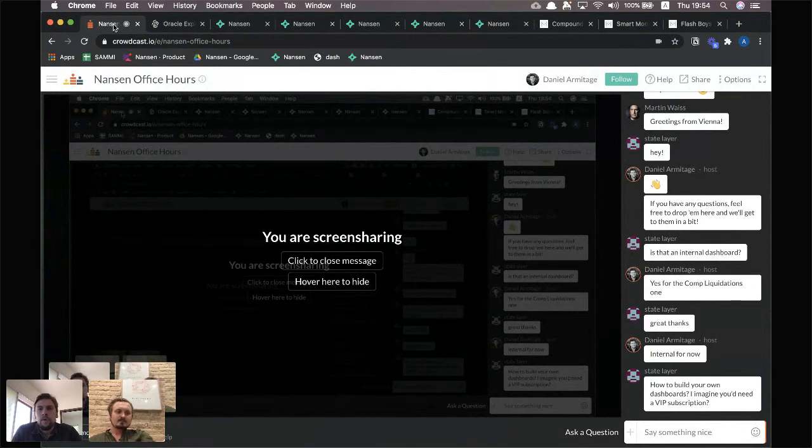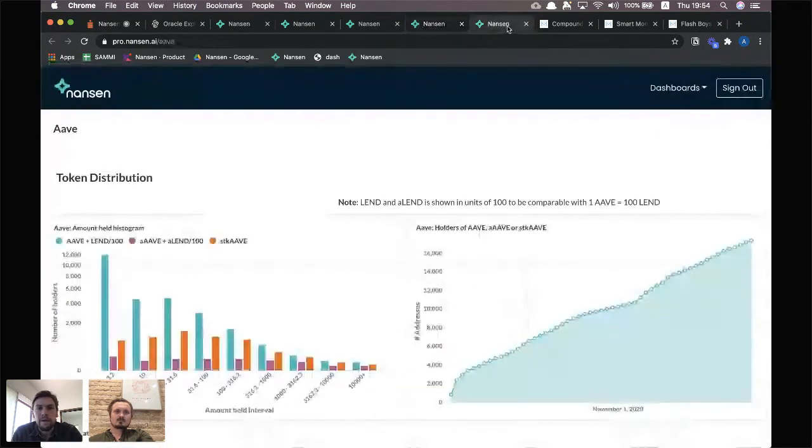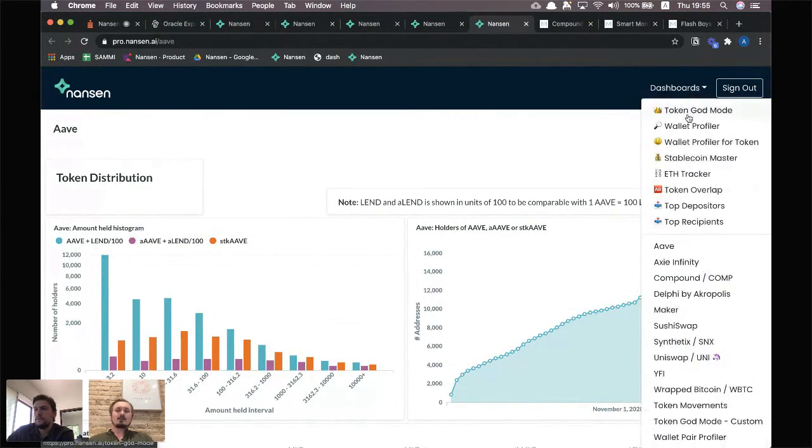Yeah. So in terms of new dashboards that we put out recently, maybe we can go over the Aave dashboard real quick, and then we can show people behind the curtains on some of the other new dashboards we've got in the works, like the Smart Money dashboard. Yes. So the Aave dashboard is pretty cool because we built it together with Aave. So they told us what were some of the aspects of the Aave platform that they wanted to show in this dashboard. So you can again find it by just clicking dashboards, and then you see it here,